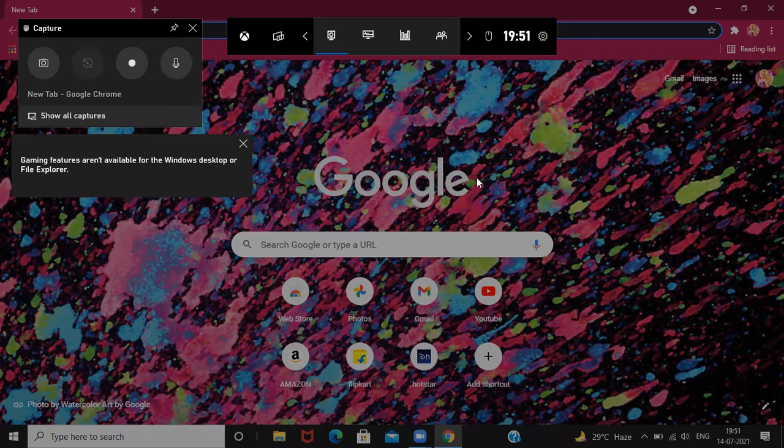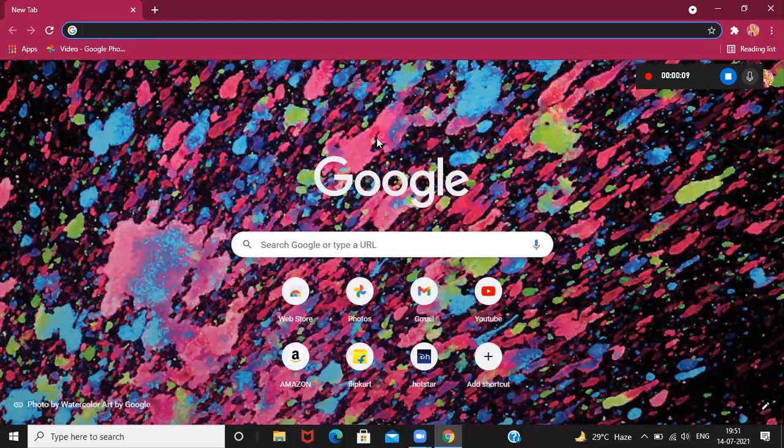It means that we only have to open it. It will only work when some application is opened. So we're going to click here. Microphone is enabled, our voice is going to come. And ta-da, it started to record. So we could see that it's recording, and now we are going to search something here.